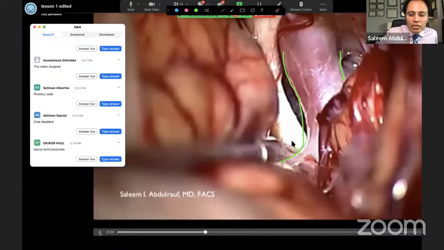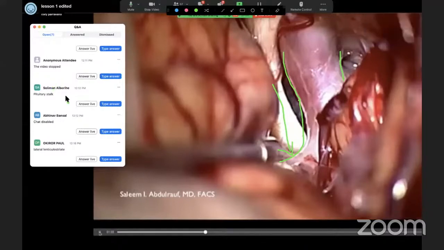What is the structure right here? Okay, guys, quick, tell me an answer, please. Who's going to tell me what that is? It looks like A1. Yes,